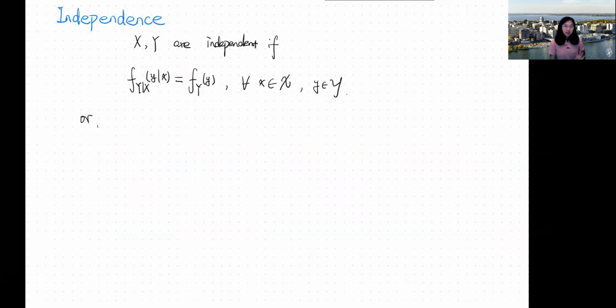For the discrete random variables, we define the independence of two or more random variables. For the continuous random variable case, we can do the same thing. X and Y random variables are independent if the conditional distribution equals the unconditional distribution. Or in other words, if both are continuous,